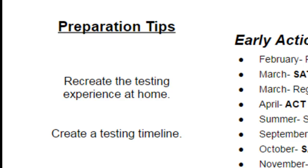You may even want to keep a snack close by that you would likely bring to the test site in order to recreate the full experience. When the actual test day arrives, you'll have worked the kinks out of the procedure and everything will seem more familiar. Some advice for getting yourself organized and to help you begin to visualize how the next few months will